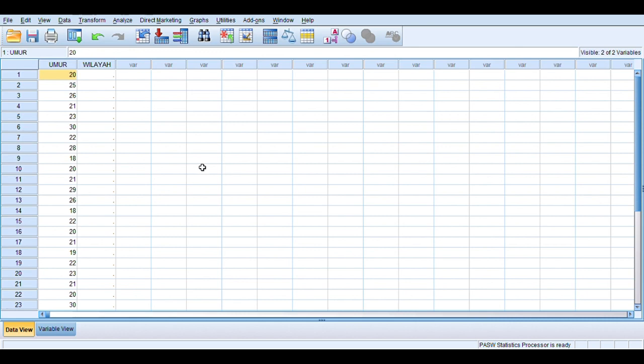And then we copy region to the region column. Copy. Paste in the region column.